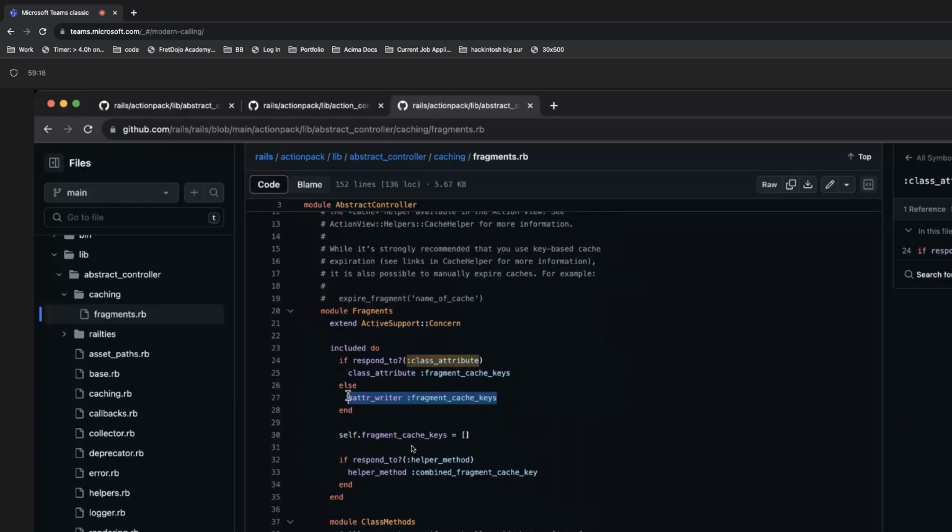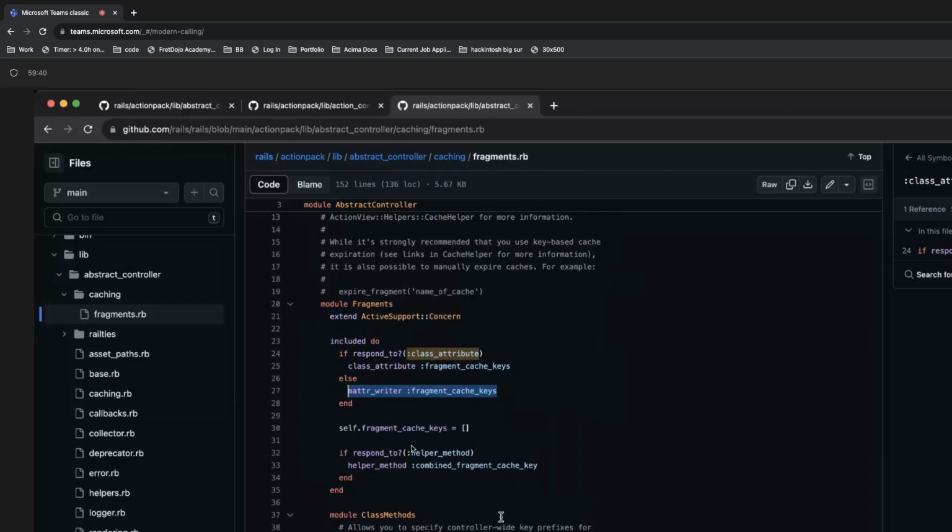You can, and then once it's been set up, you set it to be an empty array. Is it an empty array? That is an empty array. Fragment cache keys, empty array? Interesting. Okay. Right. And then we say if respond to helper method, we're gonna make a helper method which is